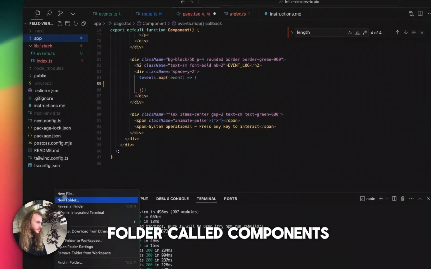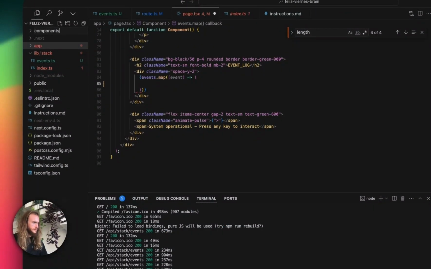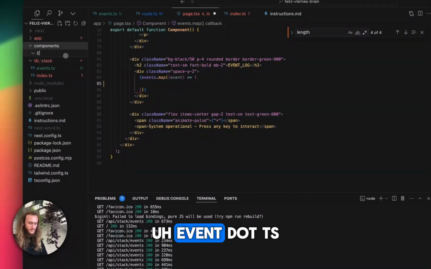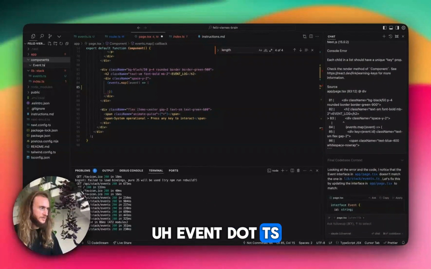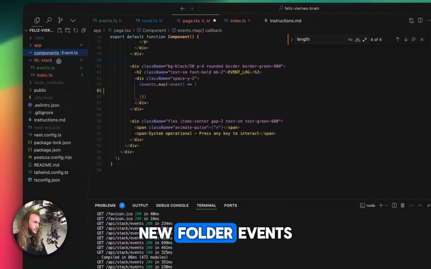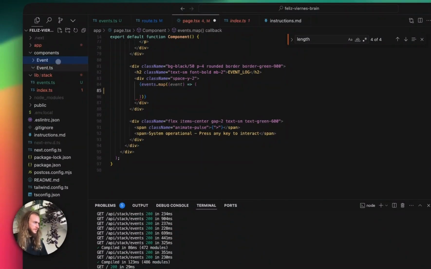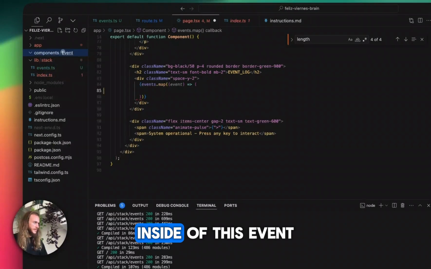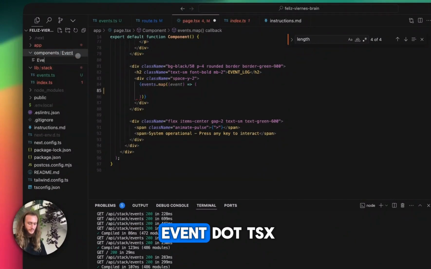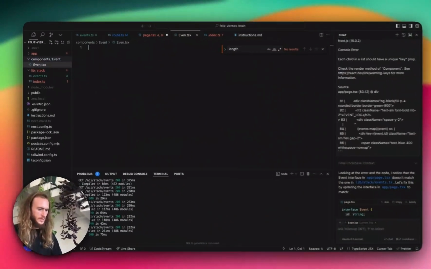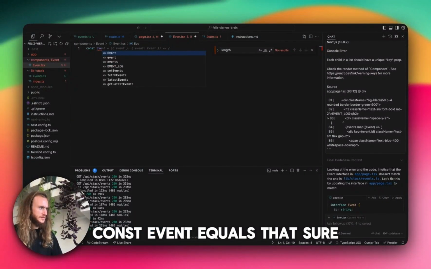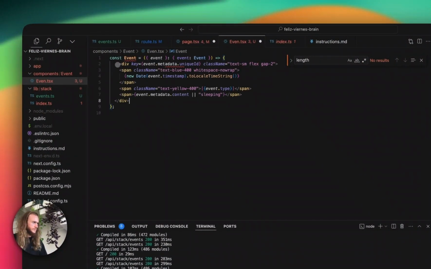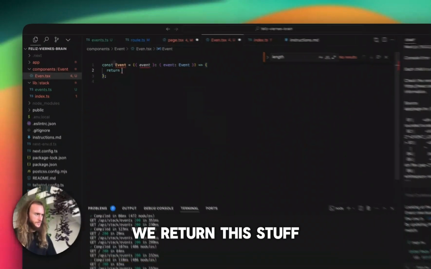We'll make a new folder called components. And inside of components, we'll make a new component called Event.tsx. Should be tsx. New folder, event, delete this. Inside of this event, we'll make a new file, event.tsx, const event equals that, sure. Return this stuff,